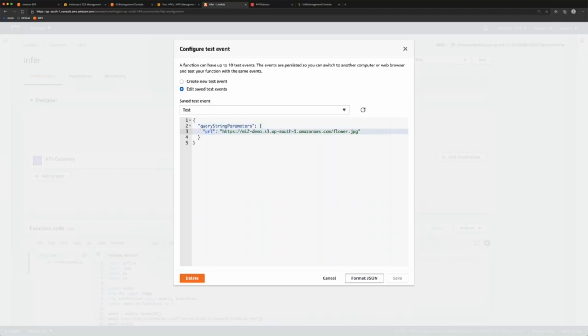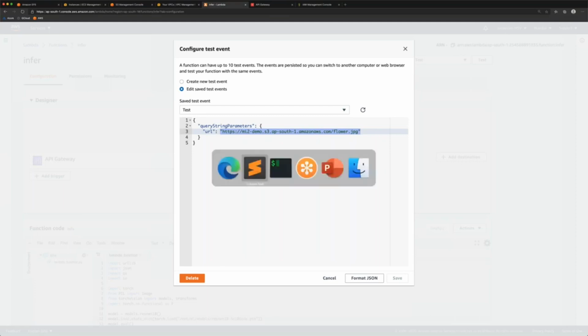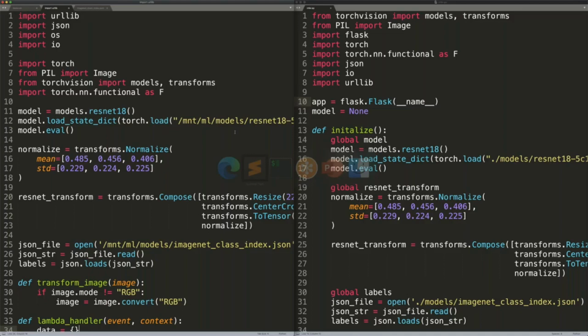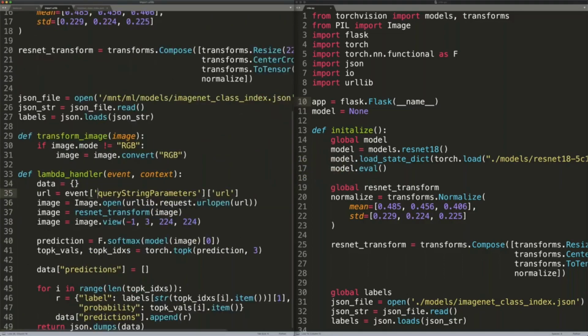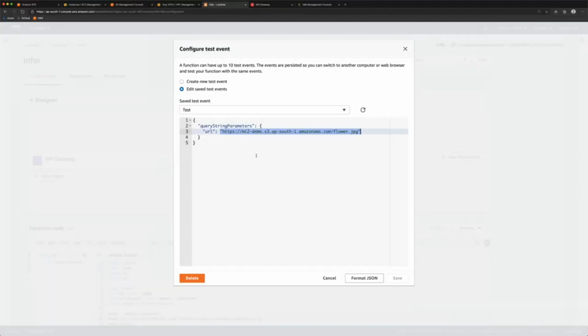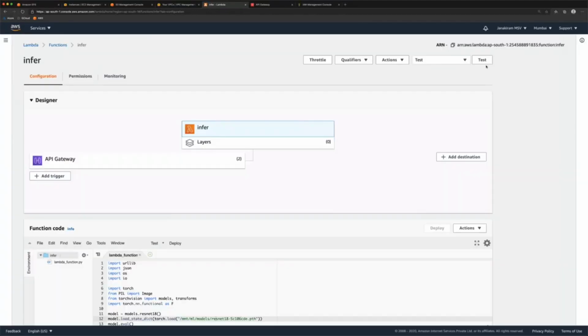It has URL, and then I'm pointing this to the flower.jpg living in the S3 bucket. We are doing that because the query string parameter accepts URL as the key. So that is what I'm sending in the test event. So now I can go ahead and run the test.